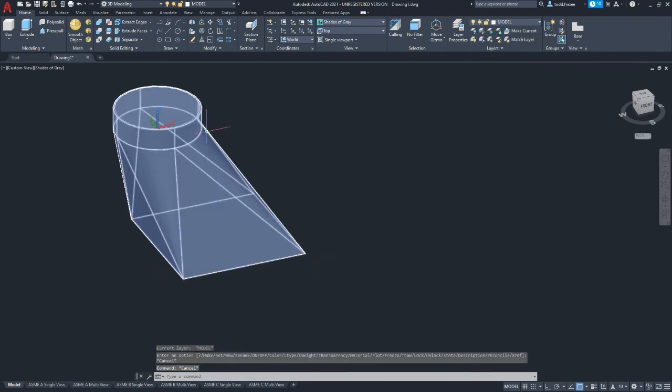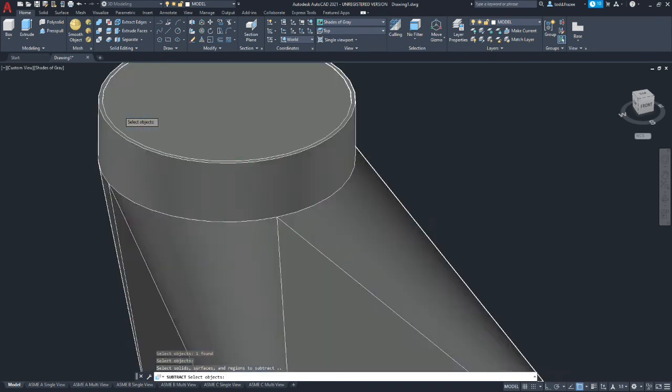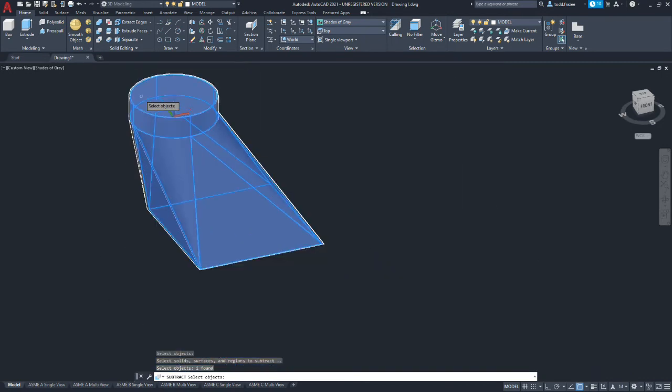Okay, so we wanted to switch to the model layer, and we want to do the solid subtract. We want to make sure we select the outside model first, hit enter, and then we need to select the inner model, and so we'll see the wireframe of it kind of highlight. And we got it, and we hit enter, and it's now subtracted the interior of the large model.